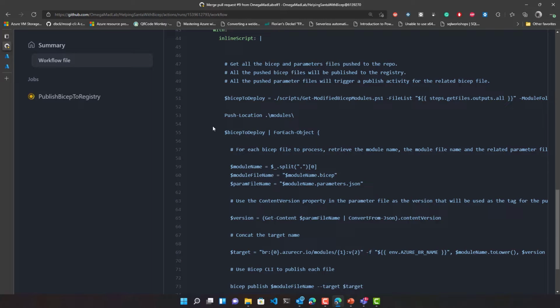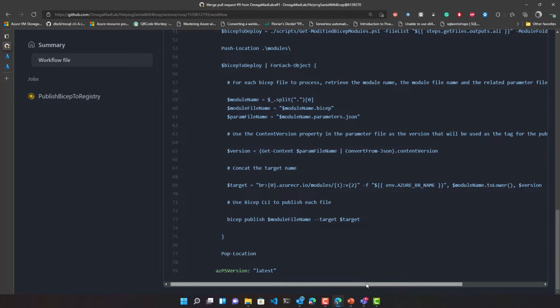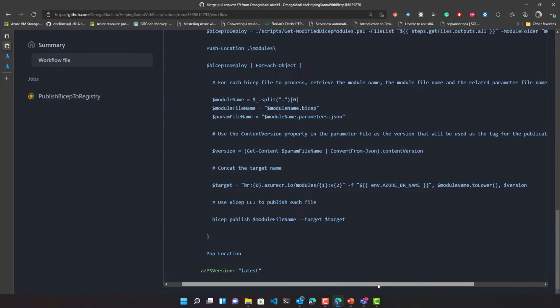it looks for the updated Bicep modules, and for each updated Bicep module, it executes a Bicep CLI command, the bicep publish command, to push the updated module into the ACR, into the Bicep registry.